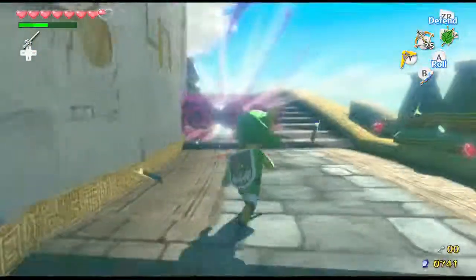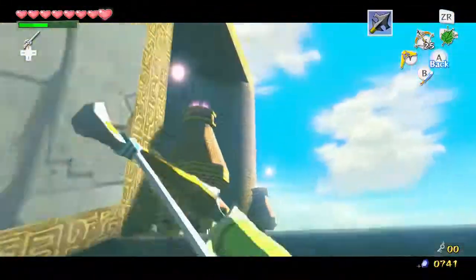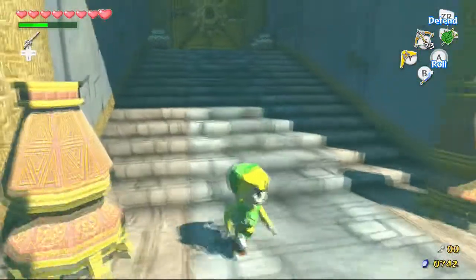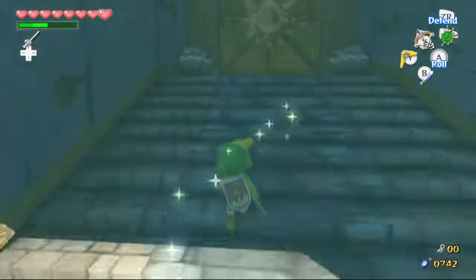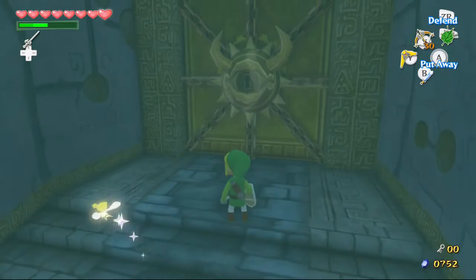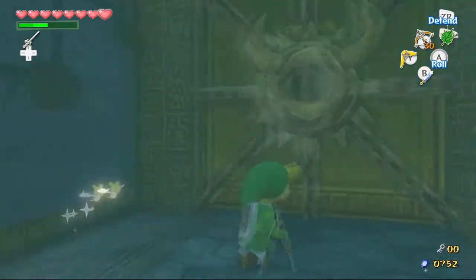You can get out of here, and guess what? Oh, don't dodge me. No, you don't have that right. You can't do that. I haven't got one of those in a while. Beamos are actually a lot of fun to take out with this new bow and arrow. Like, I can understand why some people might not necessarily think that, going back to other Zelda games, because Beamos were really annoying. You could Z target onto them, and a Beamos that works like this, where they only appear and are only damageable when they notice you, that would be super annoying to deal with. However, when you can move around with the bow and arrow, it's actually kind of satisfying, especially with the gyroscope. Anyway,